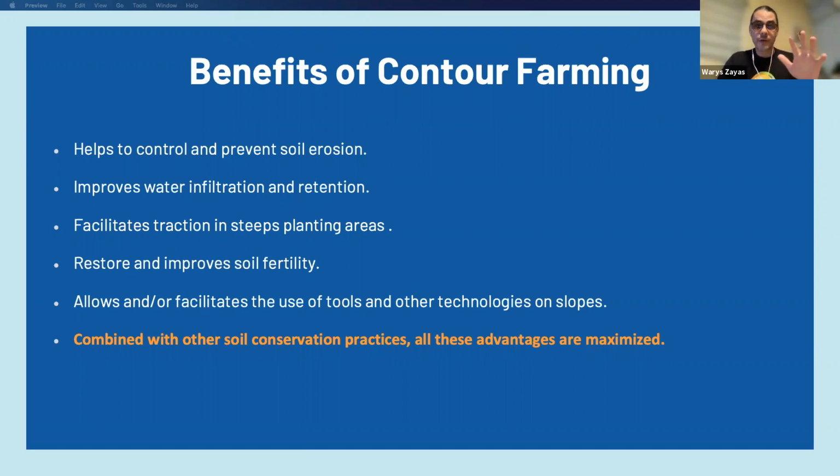I'm not saying it is the holy grail of soil conservation, but it's one technique that will help us enormously to improve our soil and maintain the soil in our farm,